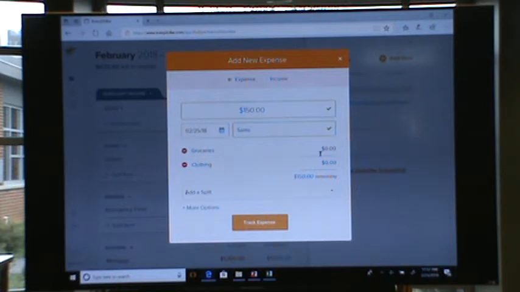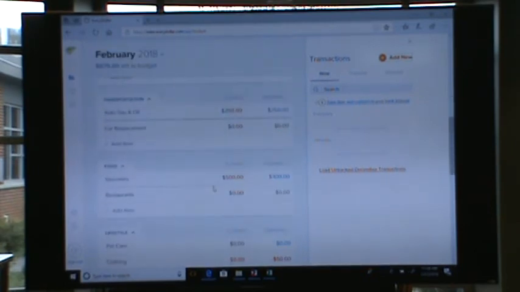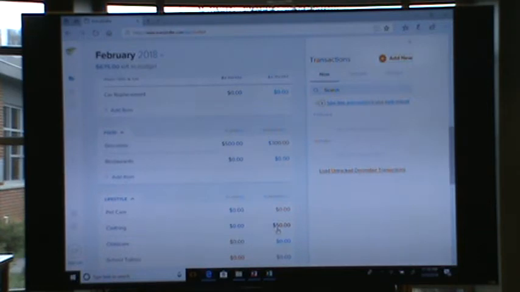And then you'll see that it has a place where you can enter that. So let's say we spent $100 here at groceries, and then $50 in clothing. Then close it out. And you can see it took another $100 off of groceries, and, oh, I didn't add anything, so I'm negative. I didn't budget anything for clothing apparently, so I'm in the hole. But anyway, you get the idea of how the app works.